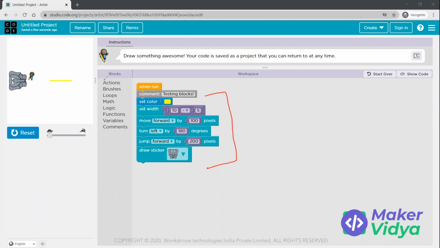All right, now that we have seen various blocks, let's get into doing actual projects, or actual programs, with it in our upcoming